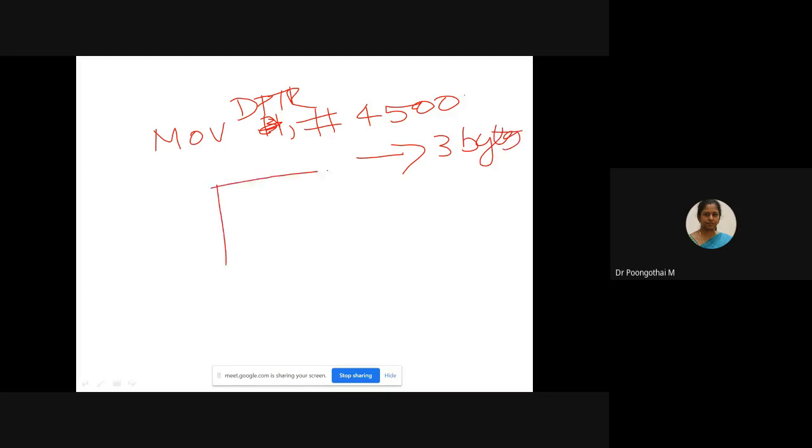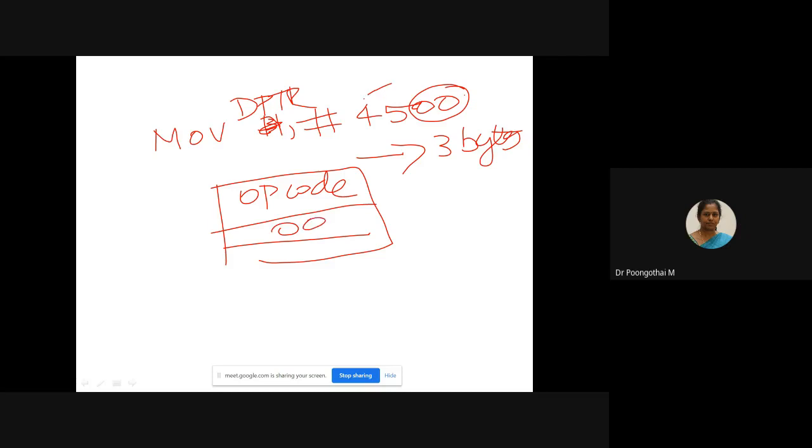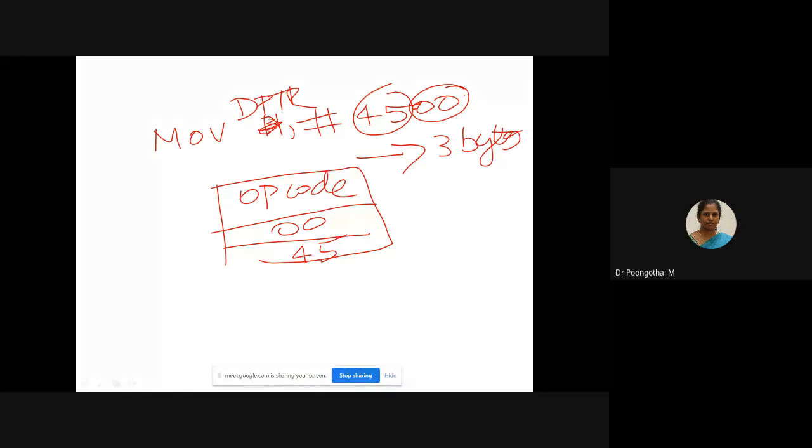The first byte is for your opcode. The second byte is for your LSB. The third byte is for your MSB. So this instruction requires 3 memory locations to accommodate your opcode, lower order address and higher order address.